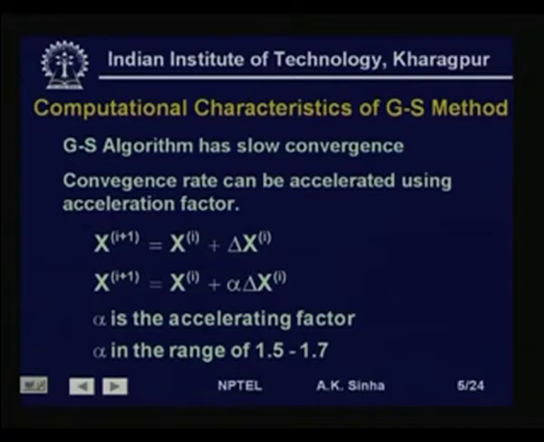Of course, we can accelerate the convergence to some extent by using an acceleration factor. What we do is that we have the updates x I plus 1 is equal to x I plus delta x at iteration I. So, instead of adding this delta x, that is x I plus 1 minus x I, that is whatever value we have got, say for